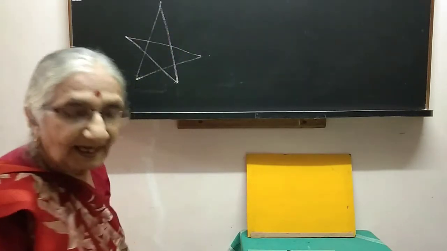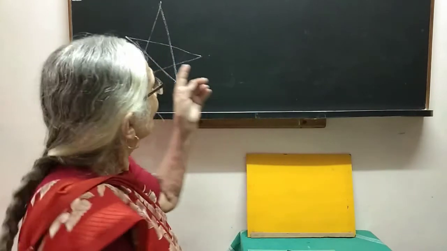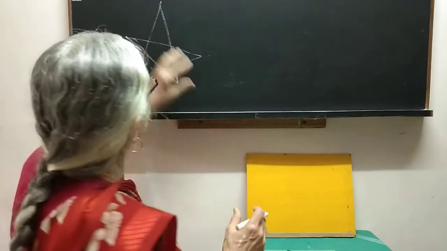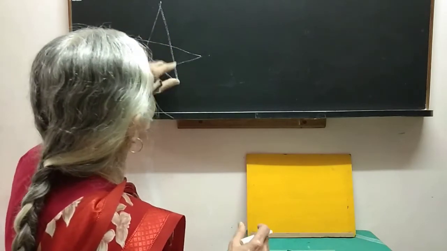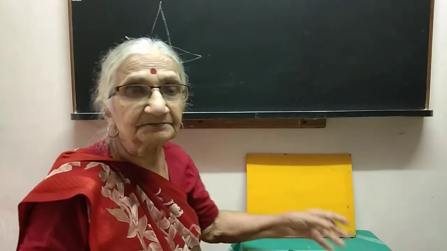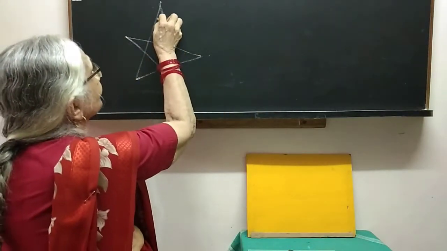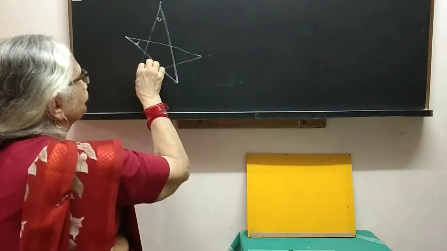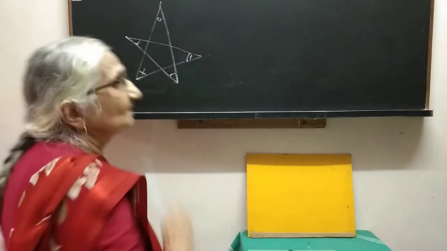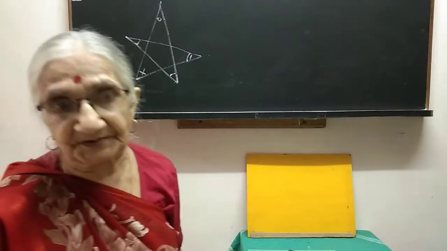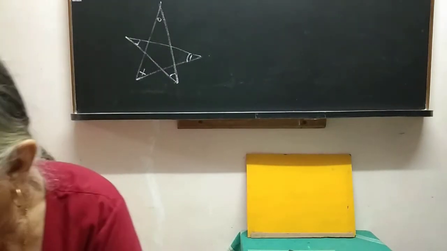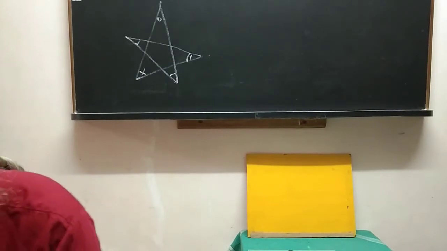This is a 5-pointed star, not necessarily regular, in the sense that all these angles are equal and all the sides are equal. No. Any 5-pointed star, like any triangle or quadrilateral. And these angles, they're all different. Show that they add up to 180 degrees. And actually this is for you to do, to try for yourself and practice.